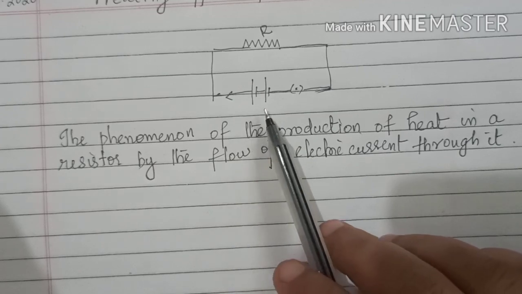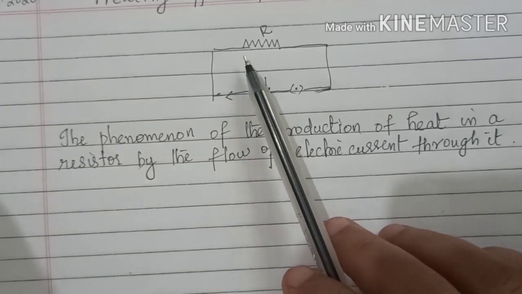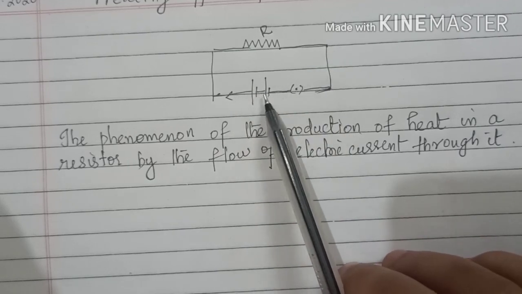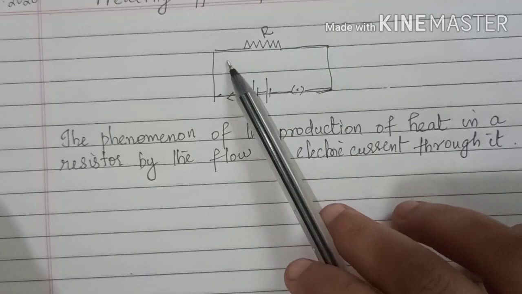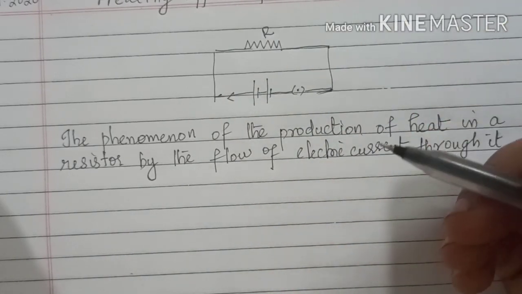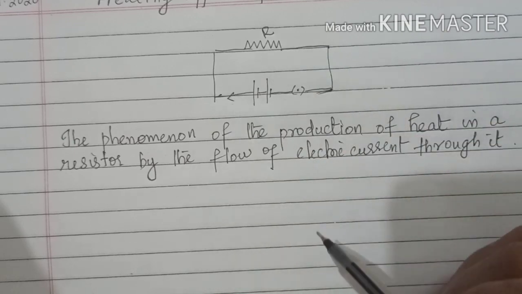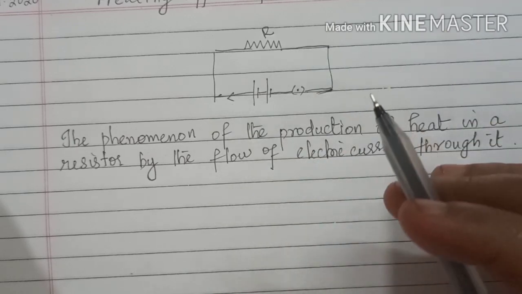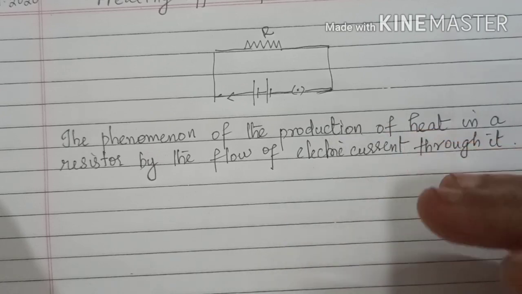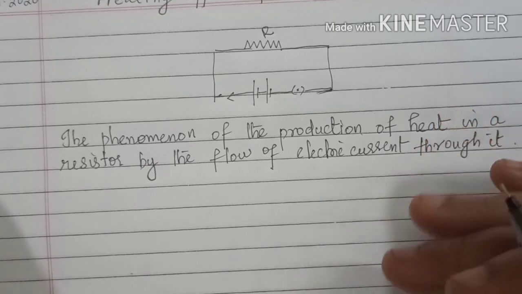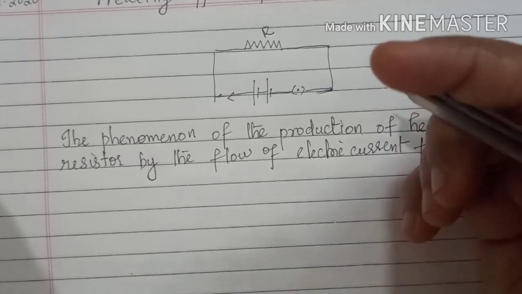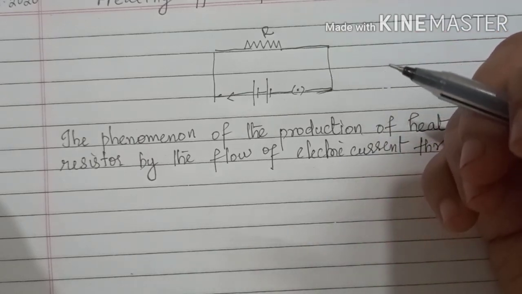Clear? So here when you are applying potential difference, what will happen? The electrons start to accelerate in the direction opposite to direction of the field. Then during their motion they collide with each other and also with the metal ions. And during their movement they possess an energy. What is that energy? It is kinetic energy, isn't it? And this kinetic energy gets transferred to the metal ions in the form of heat energy. Thus the temperature will increase and thus the conductor gets heated due to the flow of current.